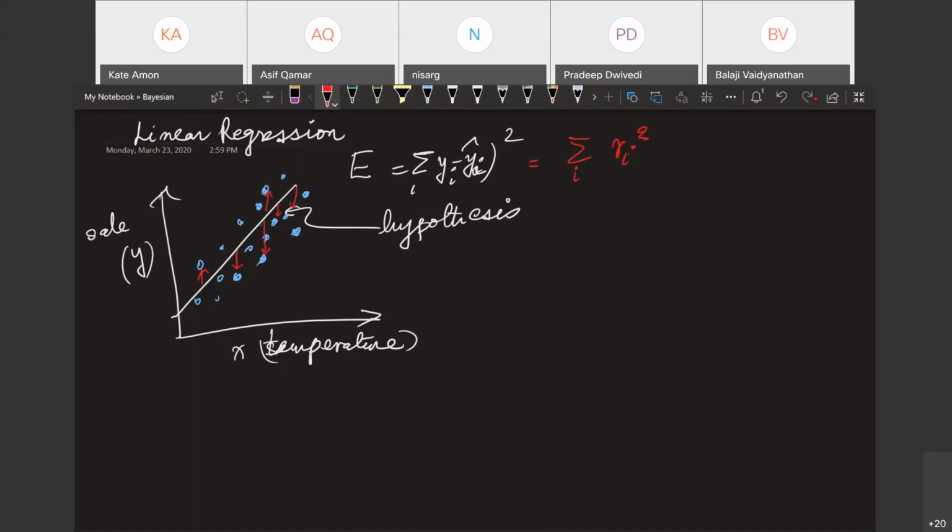What is the opposite of that hypothesis? Like when would the entire modeling exercise be useless? The sale of ice cream is not dependent on temperature. Exactly. When temperature has nothing to do with the sale of ice cream. So for example, if my x-axis was not temperature, but it was the number of penguins who jumped off into the sea in Antarctica on that given day, well, you would plausibly argue that that has nothing to do with the sale of ice cream on your beach, isn't it?